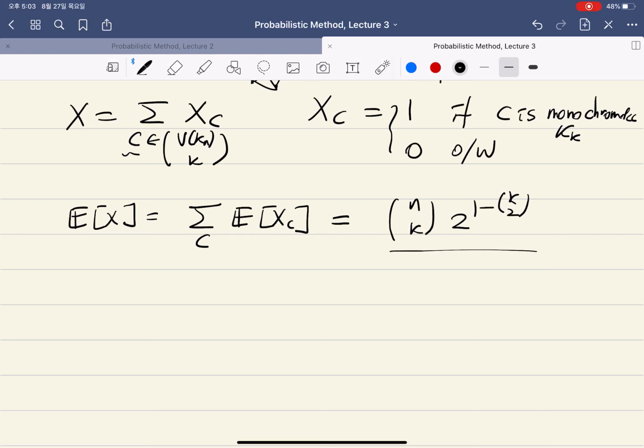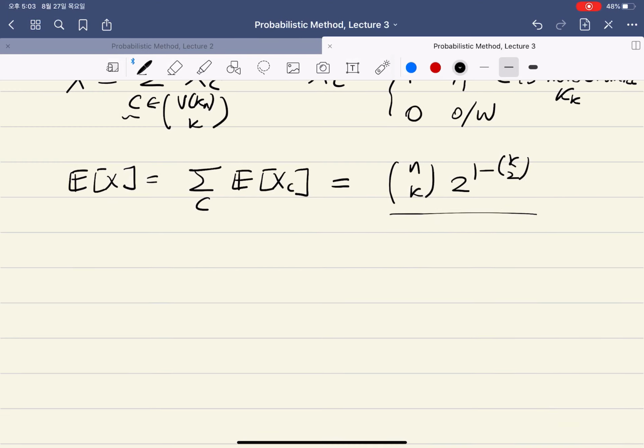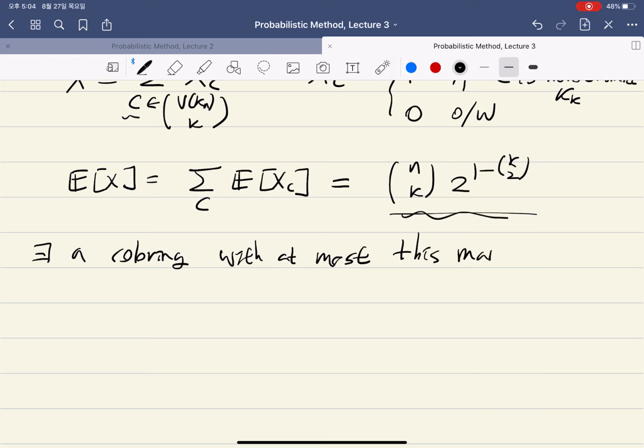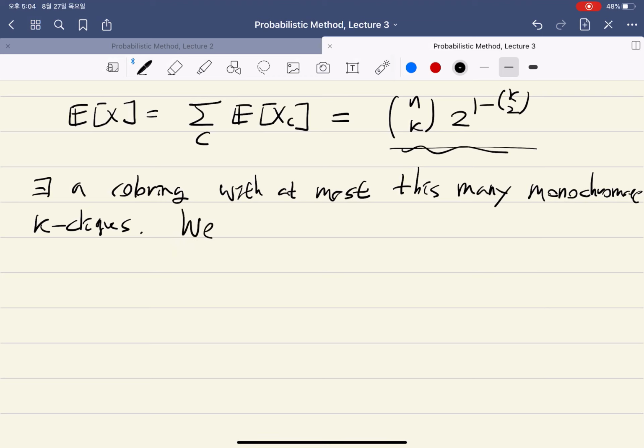So this is the expectation. So that means that there exists a coloring with at most this many monochromatic k-cliques. And as we planned before, we delete a vertex